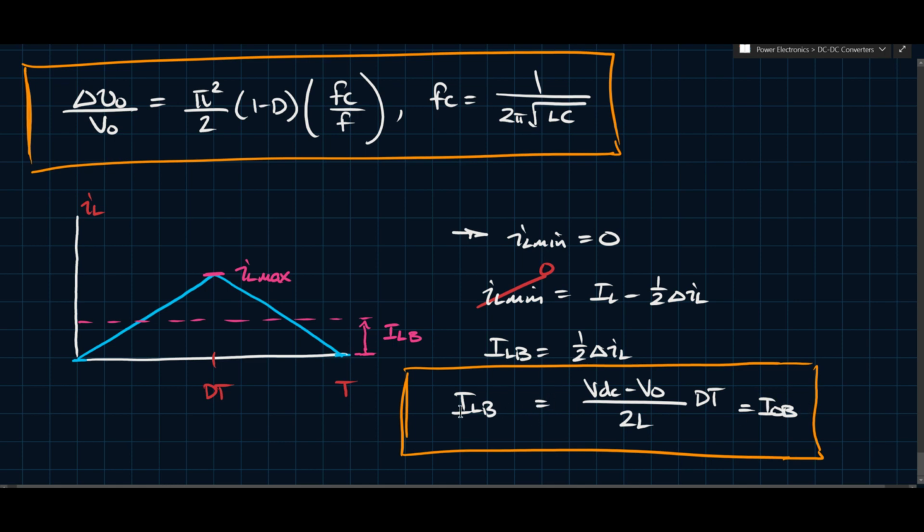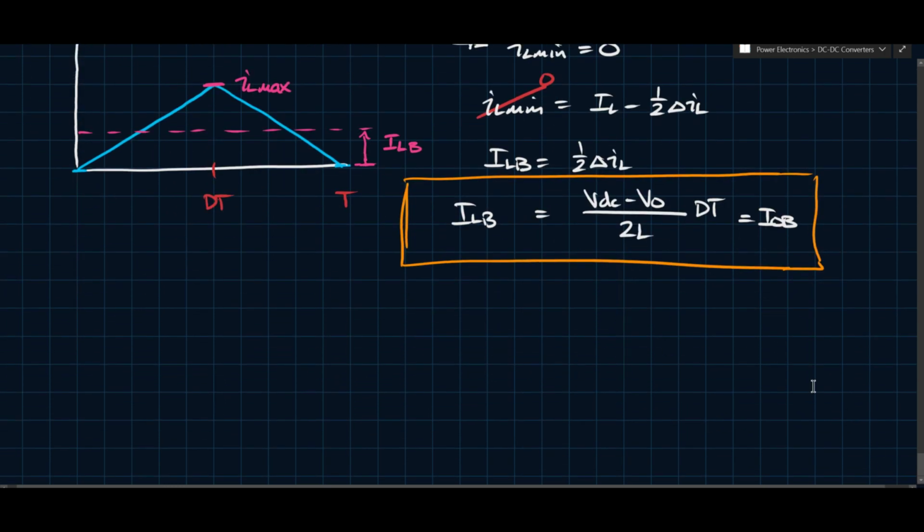We'll see when we discuss the boost converter that ILB is not necessarily the same as IOB in some of the other converter topologies. But in this case, it is. So to check the mode,